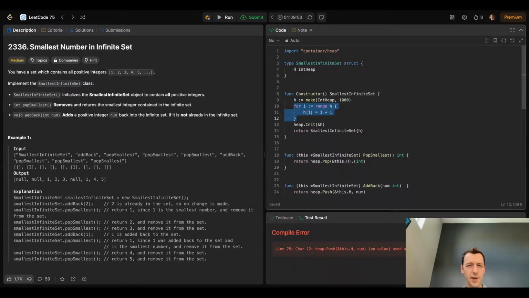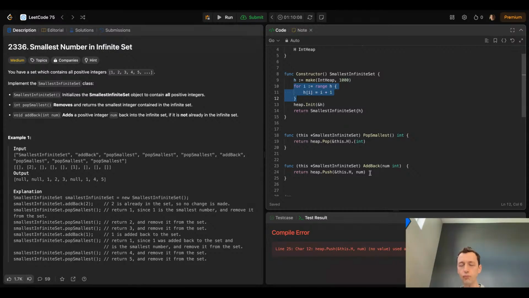Oh, by the way, it should be happening only if it's not there yet. So we shouldn't push anything that's already there. Yeah, we need to do that check. Oh, we don't need to return. Jeez, there is no return. Yeah, if this function doesn't return anything,